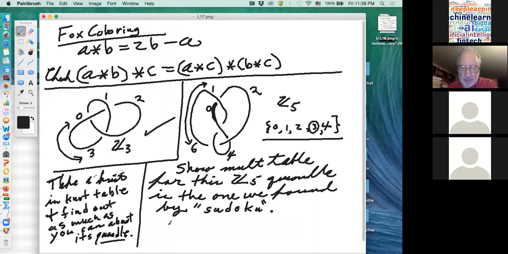But we can make some remarks. One is, you can prove that you can't use less than 4 colors